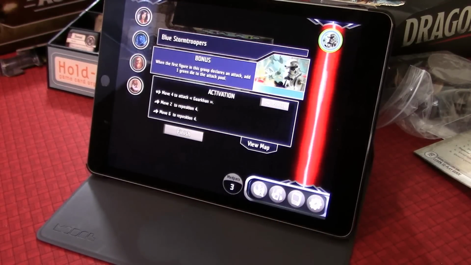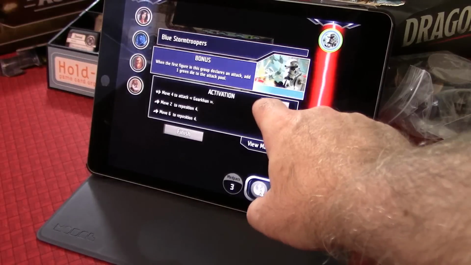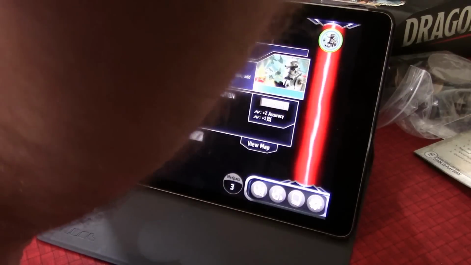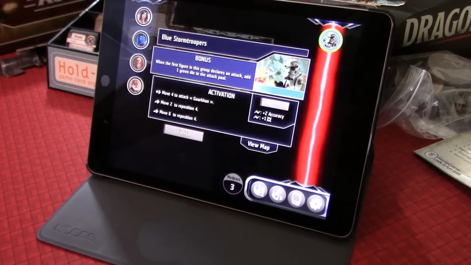So now the blue stormtroopers are going, and I'm going to talk about their turn because we haven't seen this yet. When the first figure in the group declares an attack, add 1 green die to the attack pool. So that means the first of these figures is going to get a bonus because he's bursted in and he's attacking us. These are his priorities. So on surges, he's going to do accuracy and then an attack first because they are, after all, ranged. Now, we are going to move 4 to attack